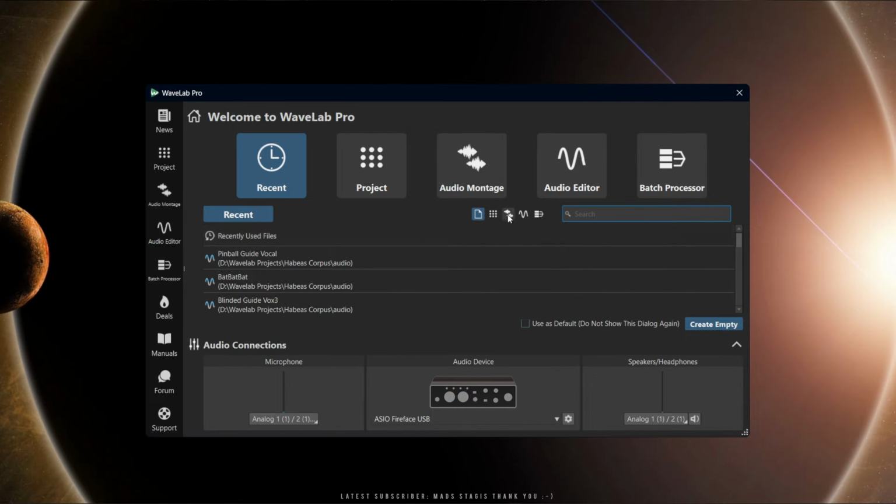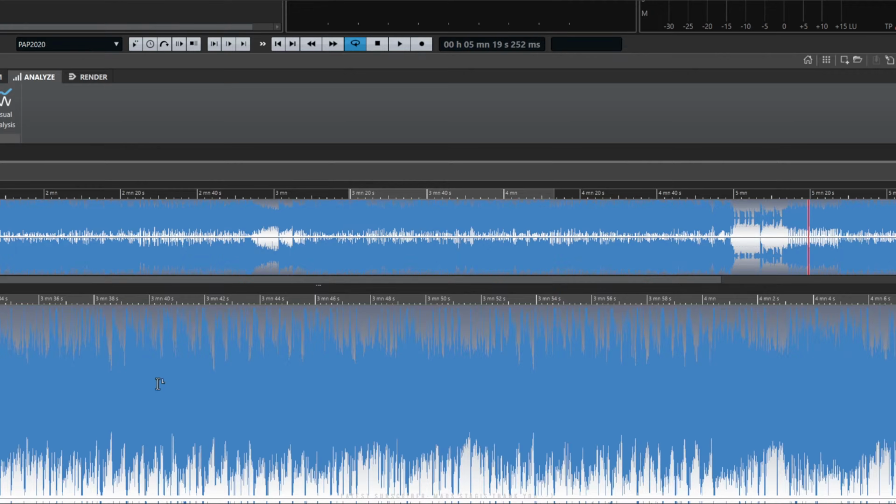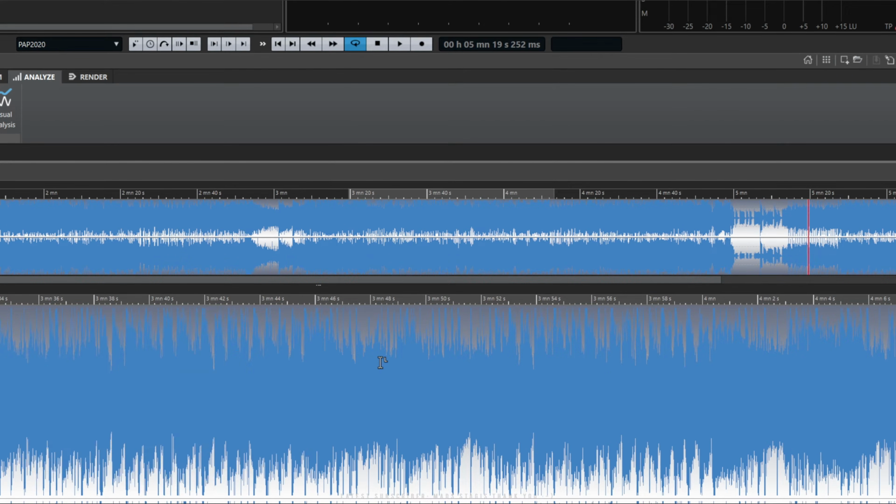So let's, for example, just quickly open a WAV file. Click that and hit open. And you can see that that comes up in Wavelab itself. Okay? But we're not going to do anything with this right now. We're still looking at the Startup Assistant, but I just wanted to show you how the interaction works. Okay. So we can close this back down